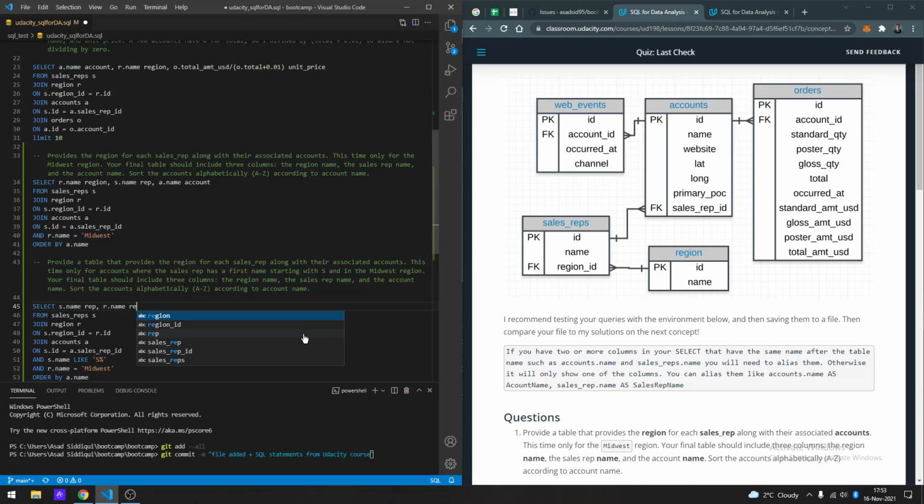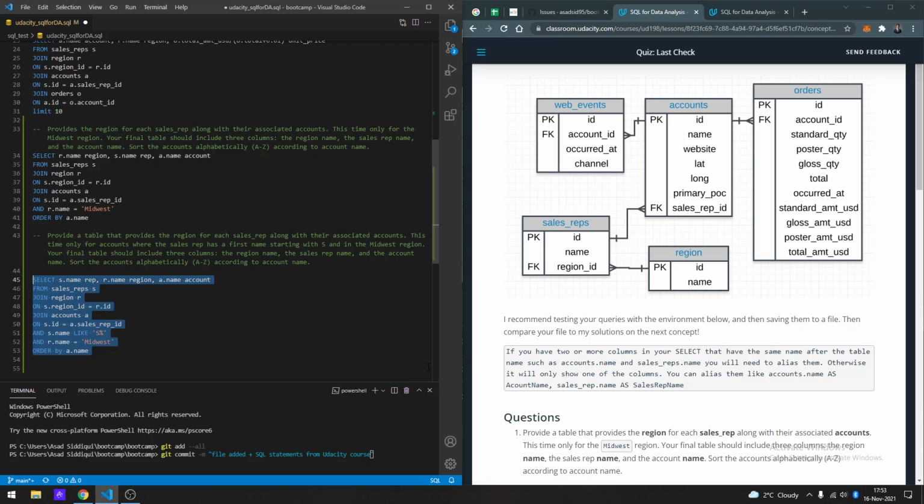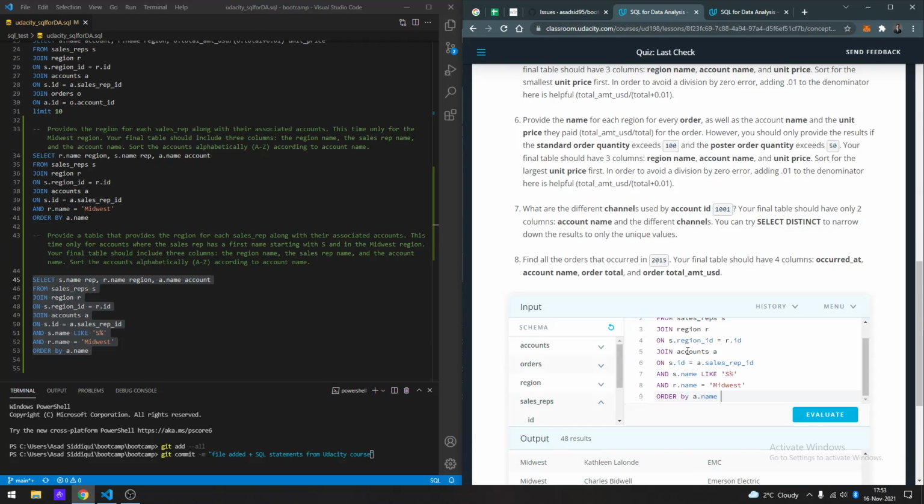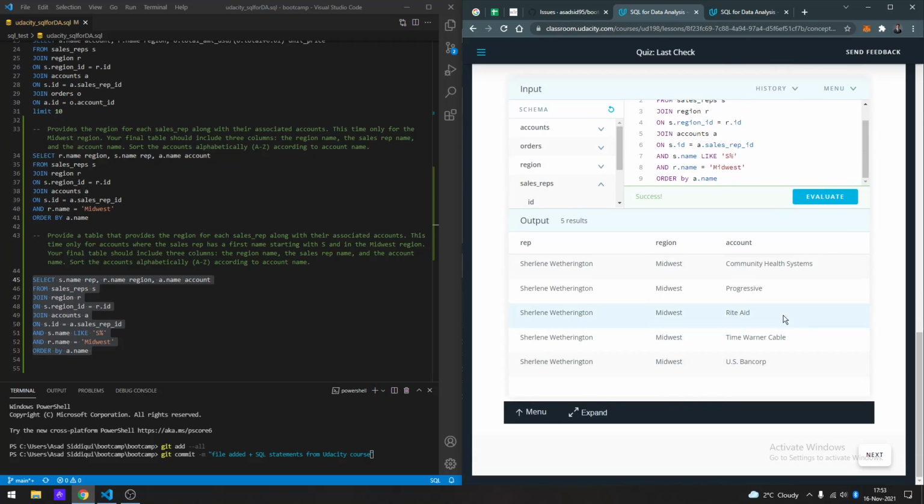Region is going to be just region, and then what is it that I'm missing? Account name, which is just going to be account. So let's copy paste this and paste that in there and see how that works out. Anybody whose name starts with S, Shirlane Witherington,